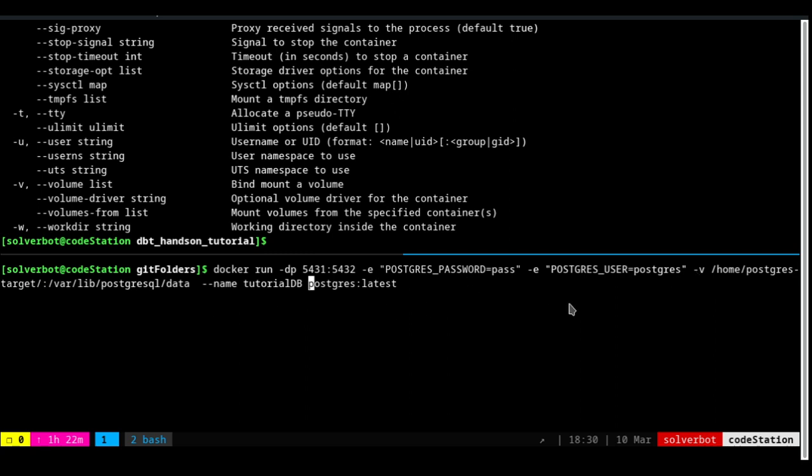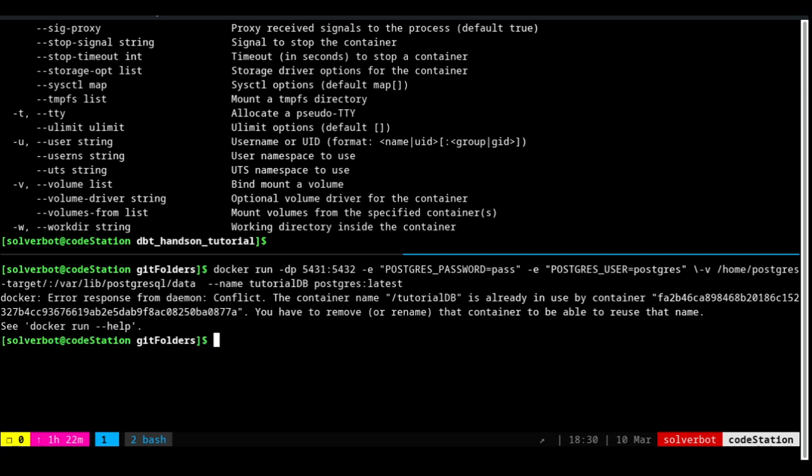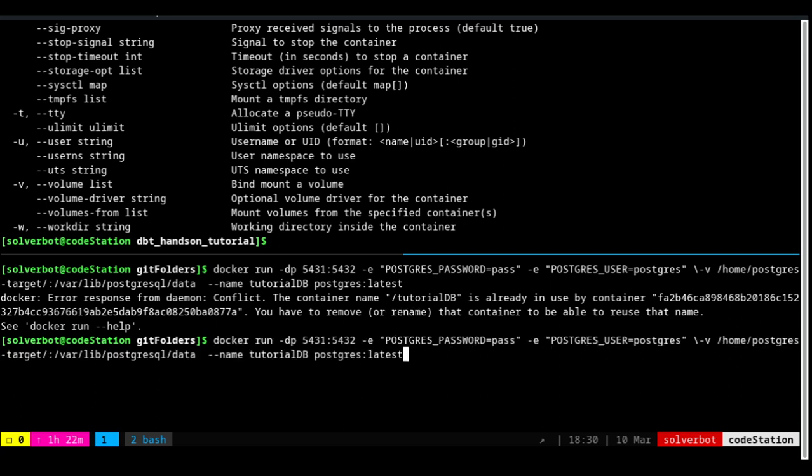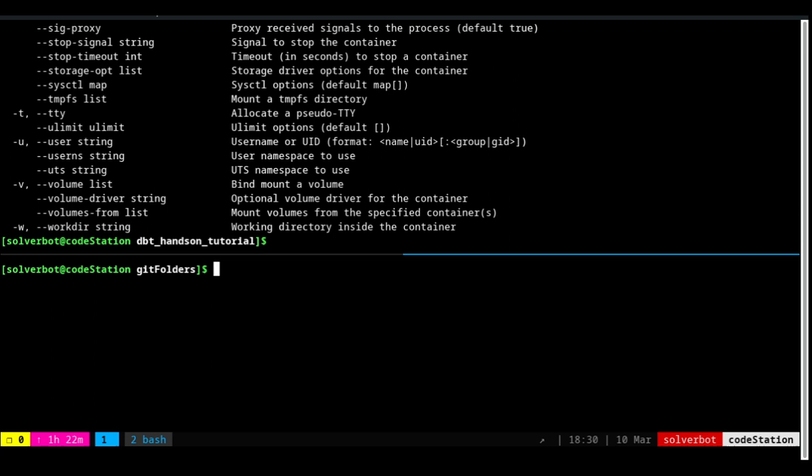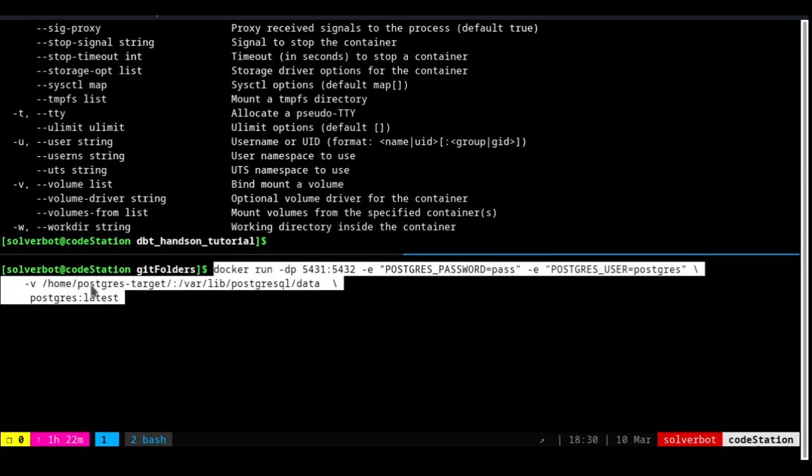Let me actually make this a little different. In the command prompt, not in the shell command prompt, we can use this kind of a flag. I think this was an error. Here it is saying that the tutorial DB already exists, so it's fine. I just want to make some changes here. Basically, what I wanted to show is that